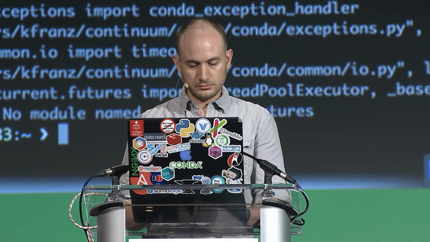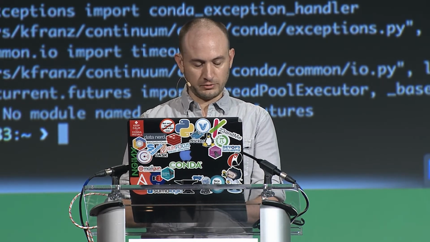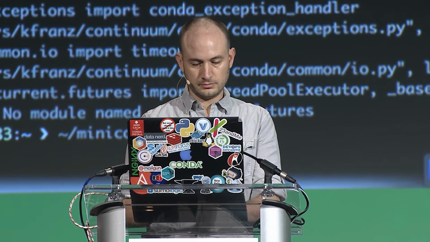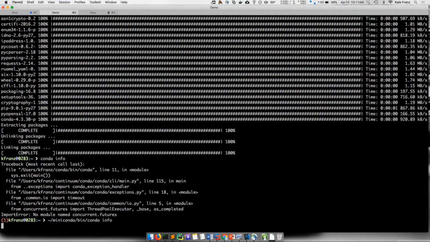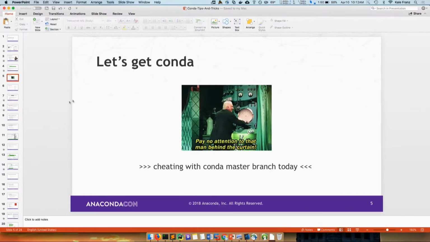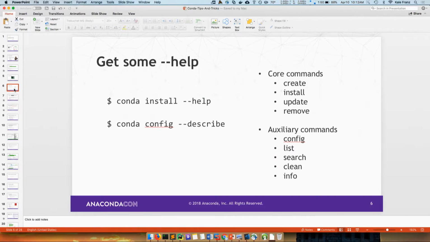That's a problem. Okay, I'm going to do this a little bit differently. We're not going to use that one then. I'll bet that one works. All right, and that one is pointed to the directory I wanted, so that's what we're going to use right now. And I'm going to change my bash profile. Actually, I'll change that in a little bit. All right, so I wanted to use something that's off master. I don't know what happened in the demo. Demo gods aren't with me today, I guess.